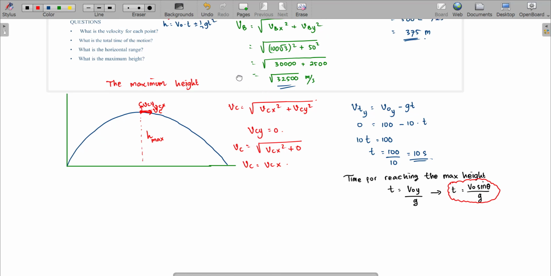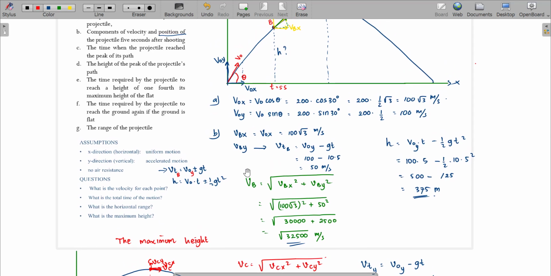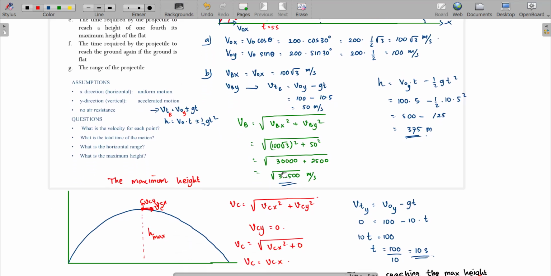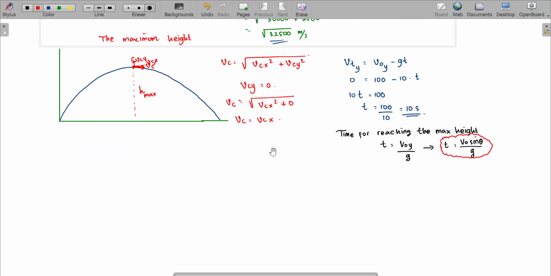Next, the next question. So you got the result, timing, you need 10 seconds. The height of the peak. Okay, how much is the maximum height? So this is C, right? For D,